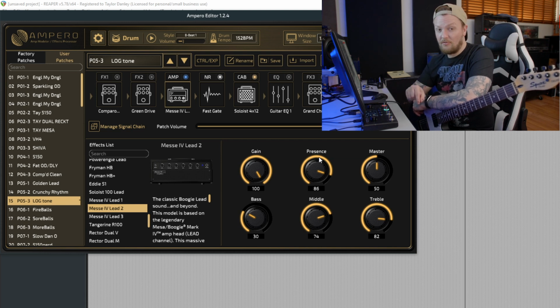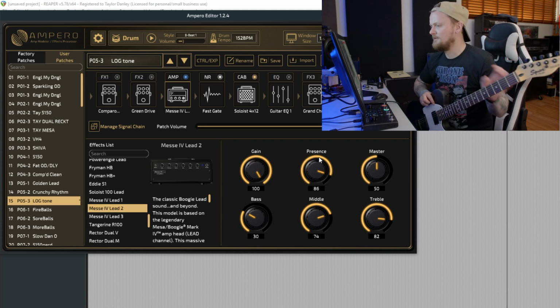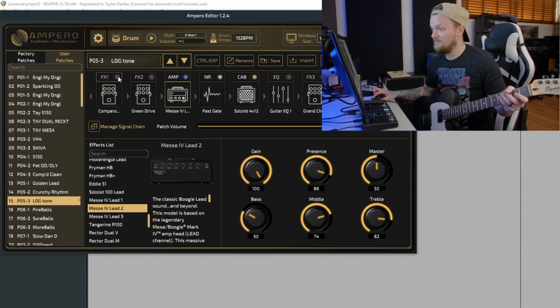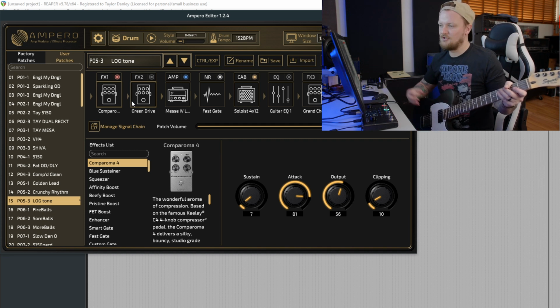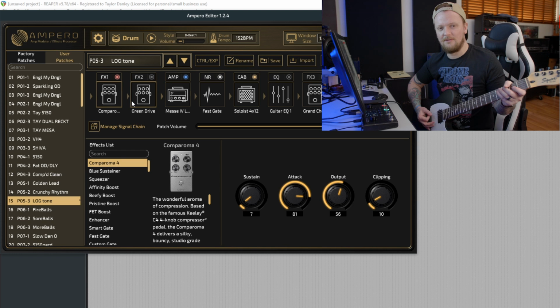So I'm gonna put a compressor on and see if we get that extra saturation or if we're gonna need to add a boost in front of the amp to do that. So let's check out the compressors here. And my guess is mostly what they're using compressors for is just to tighten up the low end a little bit, because they do a lot of like...